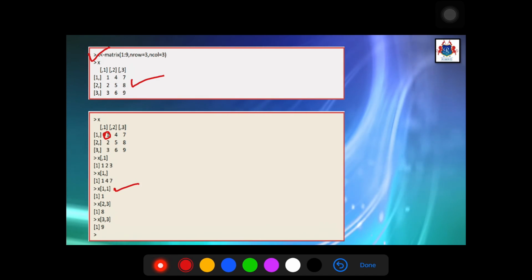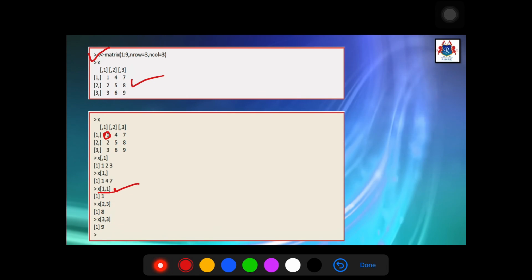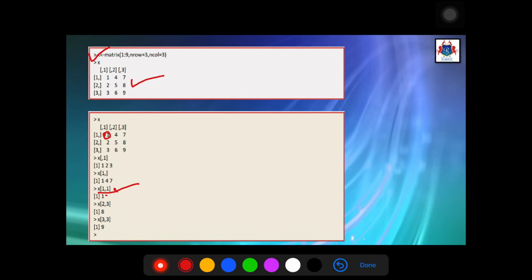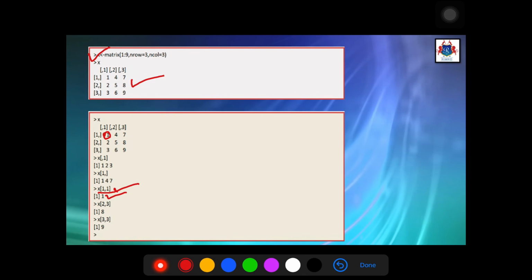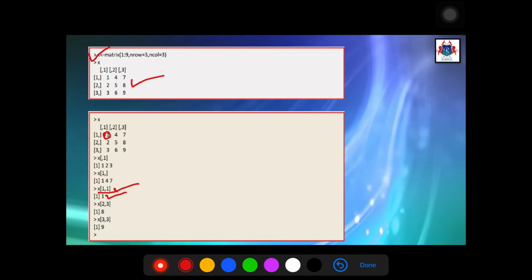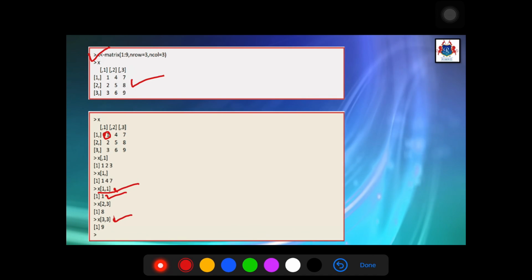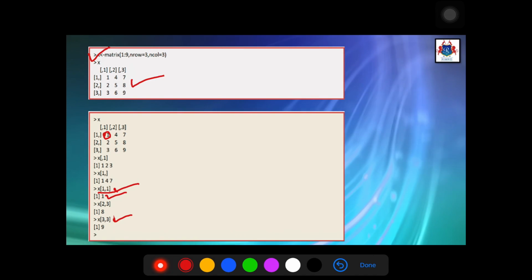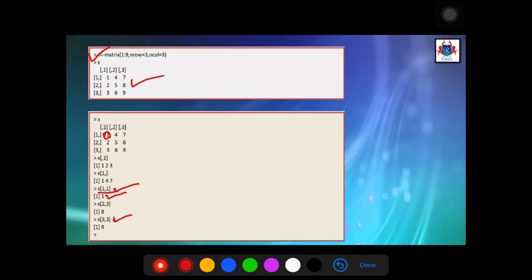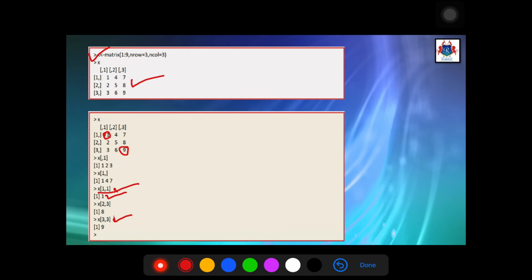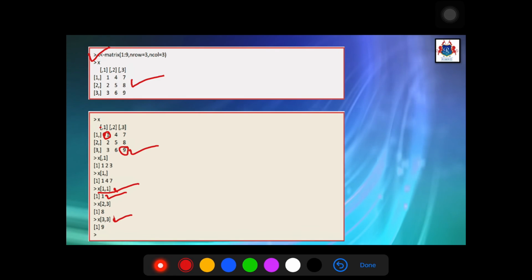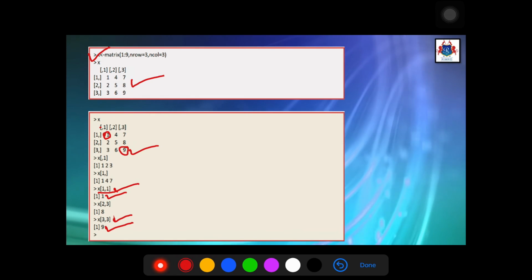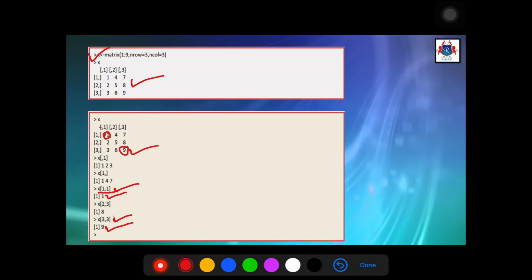So first row and first column, the data here is 1, so it will show the output as 1. Then let's say another example, x[3,3], which denotes the third row and third column. Here the data is 9, so it will show you the answer as 9.